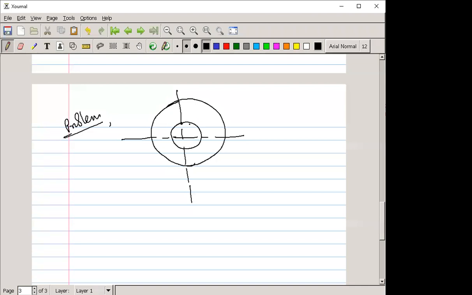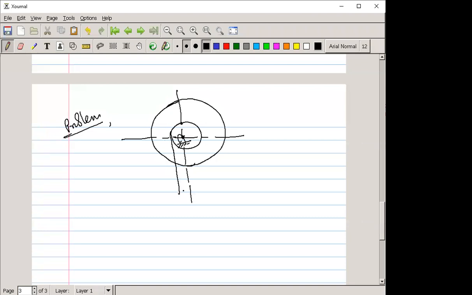Come to this numerical problem. Here, in this problem, suppose this is one pulley, and in that same center, this is the center, sorry for my bad drawing, in that center another pulley is also there. Okay, and here it is connected.